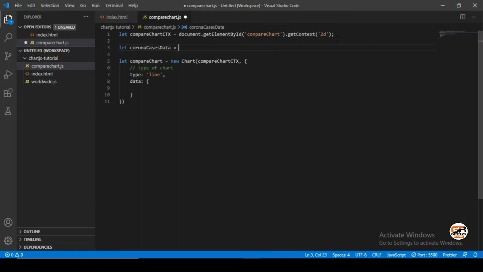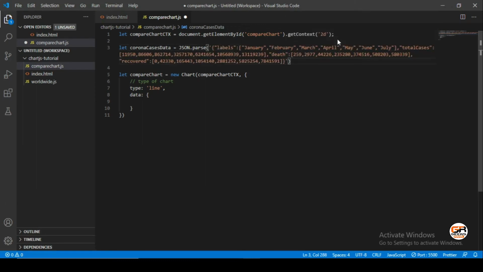And we will pass the JSON data first, JSON.parse, and put the data inside this, as you can see here.